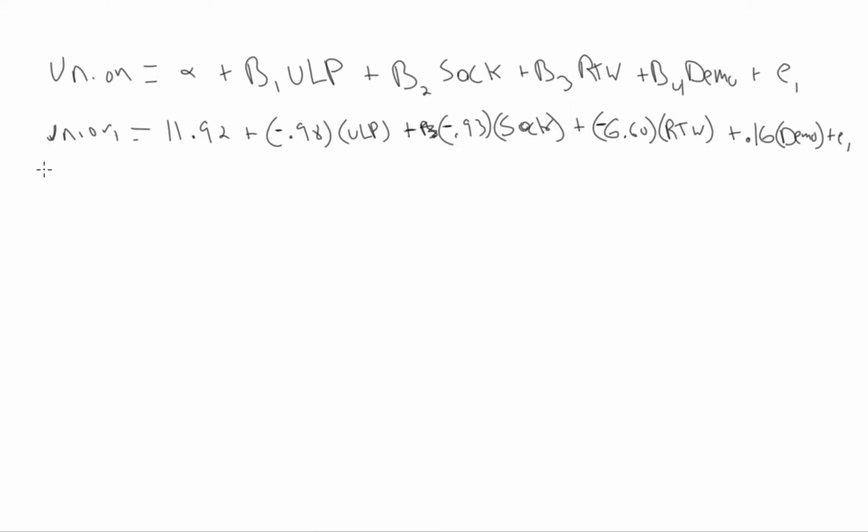Okay, so what we're going to do is plug in the means of all of these except right to work. So the mean value in the data set of all 50 states, or 48 or however many they used, sometimes some states have to be dropped because you can't get measures. The mean value is 4.2